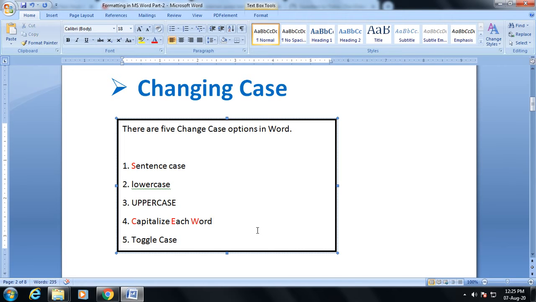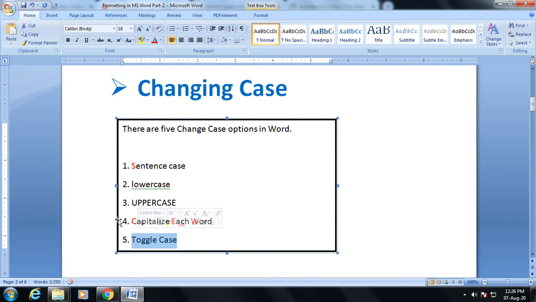Now the last option is toggle case. Toggle case means if you have selected any text, the uppercase letters will be converted into lowercase, and lowercase letters will be converted into uppercase. How? Let's see.